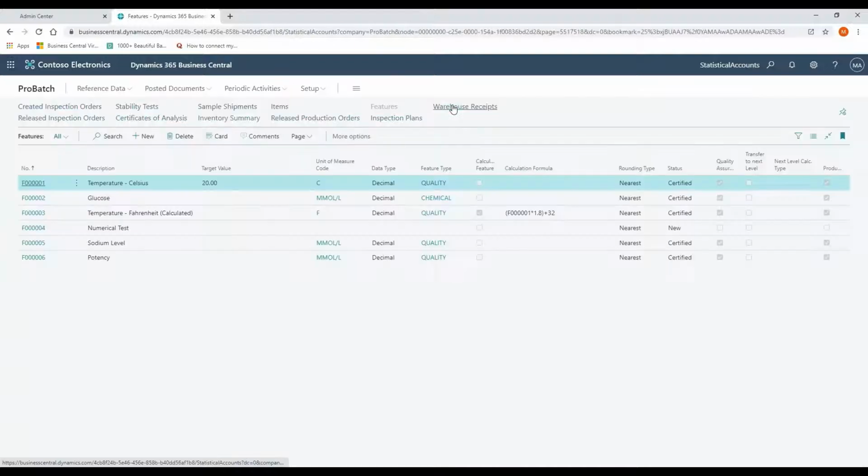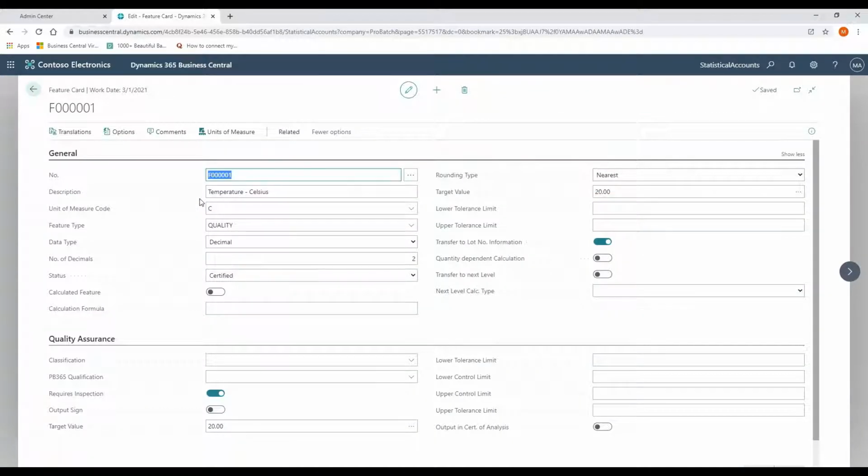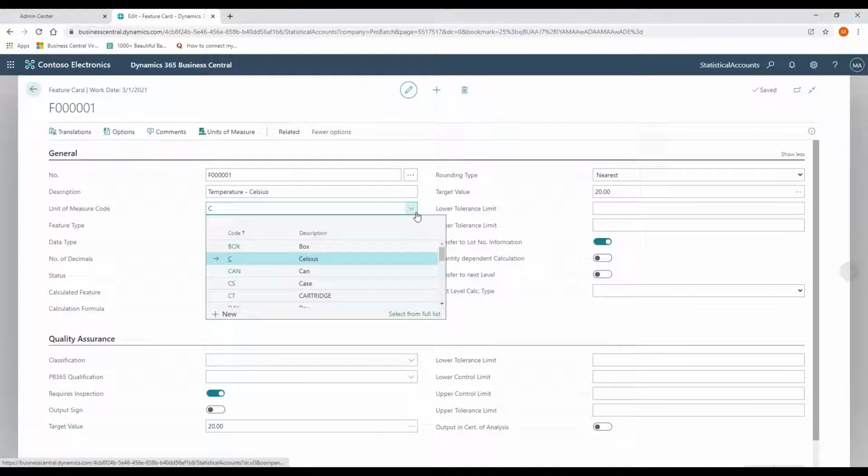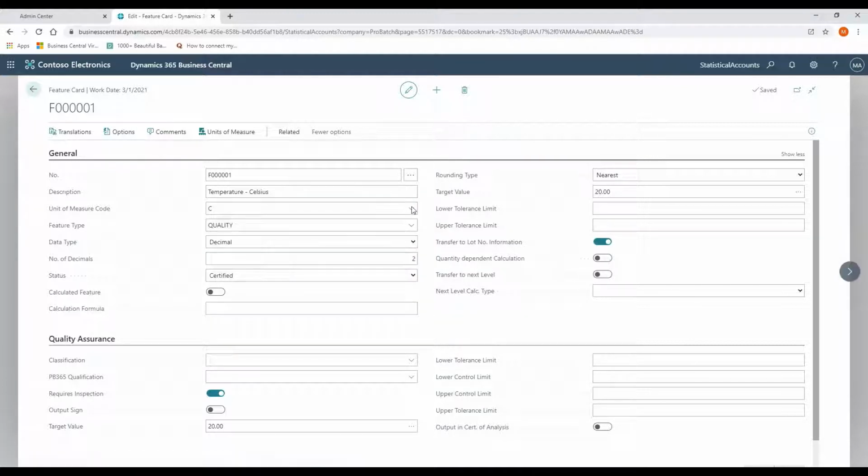Let's look at features. I've created some sample features here, and I'm just going to open up one of them so that we can talk about feature functionality. Obviously, it's going to have a feature number and a description. It is going to have a unit of measure associated with it. This is using the Business Central standard units of measure setup table, but we're expanding the use of that. So it relates not just to an inventory item, it's now going to relate to a